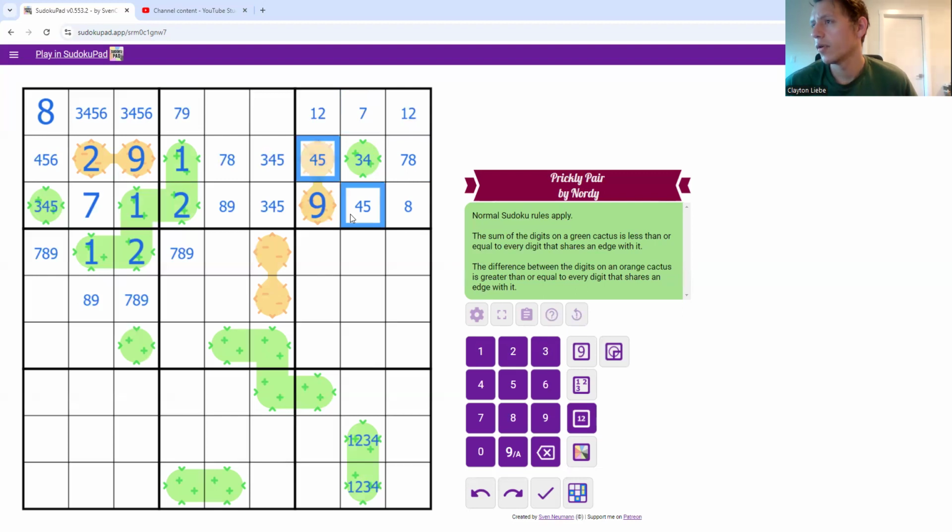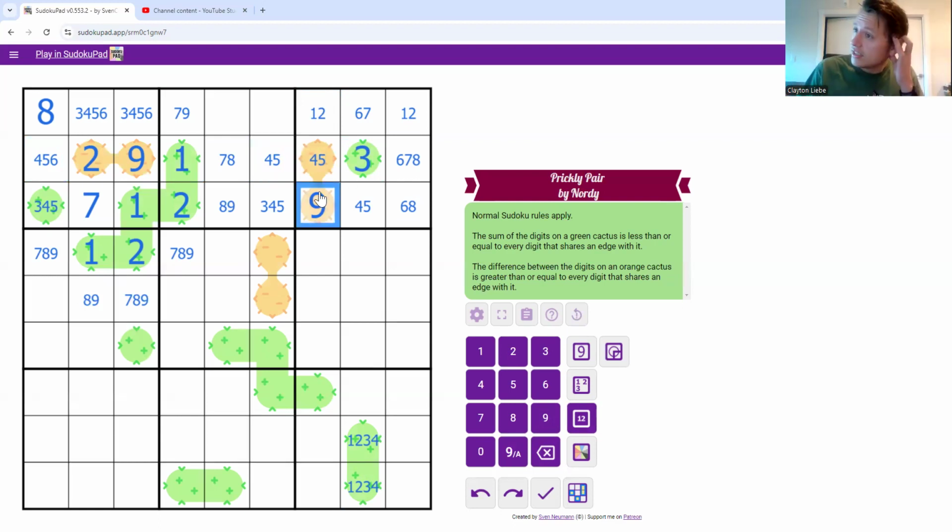Is that a genuine 4, 5 pair now? Well, yeah, because now the difference can't be 6, which means this can't be 6, this can't be 6, and this can't be 6. So we have a 6, 7, 8 triple. And now this is a 3. And this is a 6, because I think this is a genuine 4, 5 pair now, because what we're learning is this difference